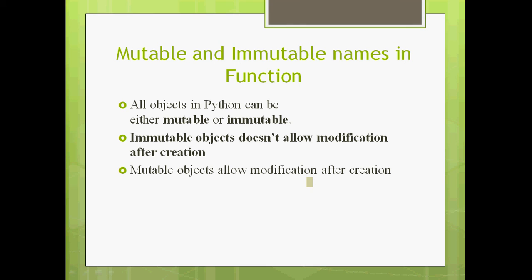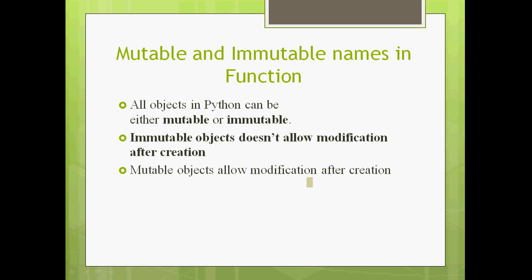In case of immutable type, there is nothing possible. So mutable types are those types that you can change. For example, in a list, you can add more values to it. That is possible, and the name does not change. It points to the same memory. But in case of integer, if you make a small change in the variable a, then it will point to somewhere else, not to the same value. That is why it's called immutable.